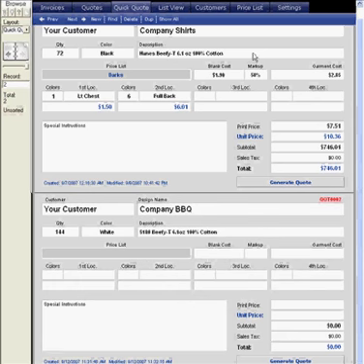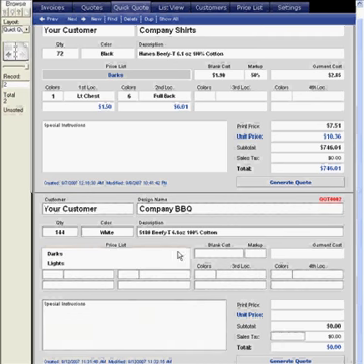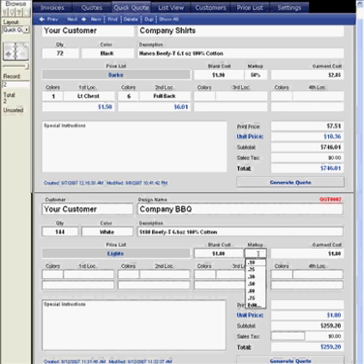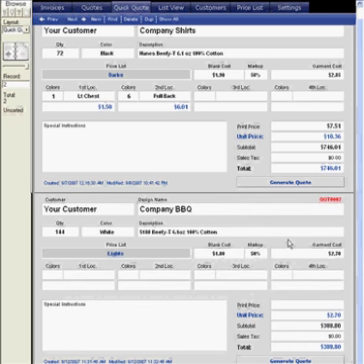Using the price lists that we've created here, you can select the price list that you want to use. So right now we have two price lists set up, a dark and a light price list, and you can create as many price lists as you need later on. For now, just select one of the price lists that you're going to be using. In this case, because it's a white shirt, we're going to use lights. Then we can type in the wholesale cost that we get it for. Let's say we can get it for $1.80, and we're going to mark it up 50%, so it calculates that,